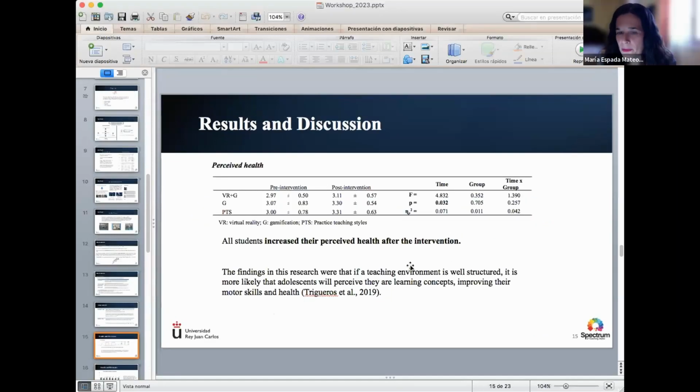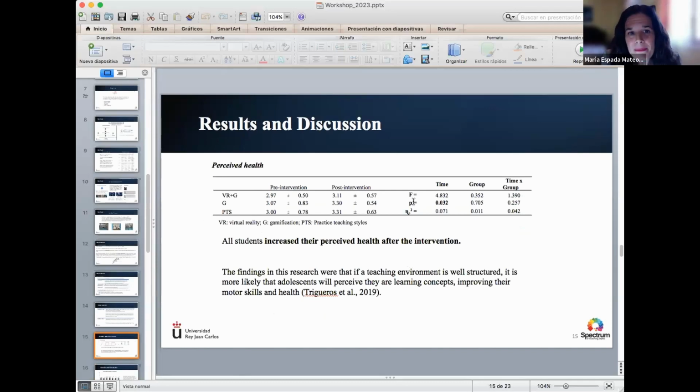In this table, for example, there are high scores in the pretest and in the post-test as well, for example in virtual reality plus gamification, and there are differences regarding the method.